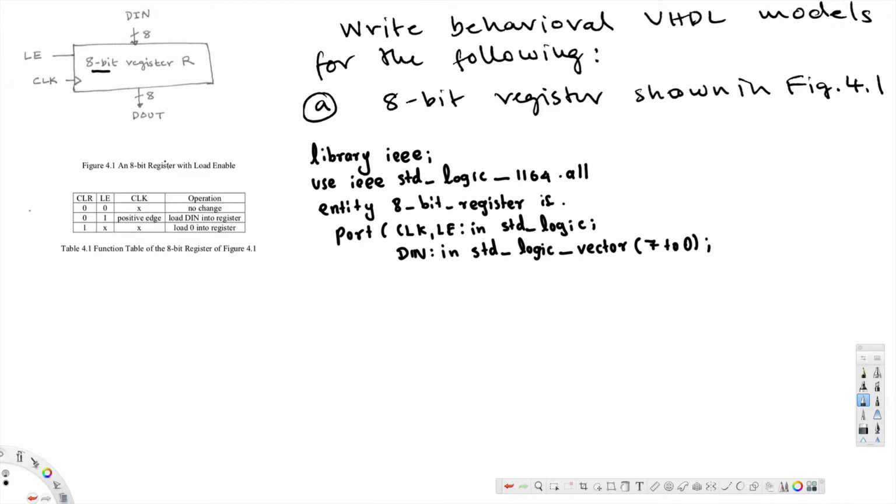Then d out is also 8-bit, so here we are going to have d out, this is out, std_logic_vector, 7 downto 0. Then after that we are going to end 8-bit register,